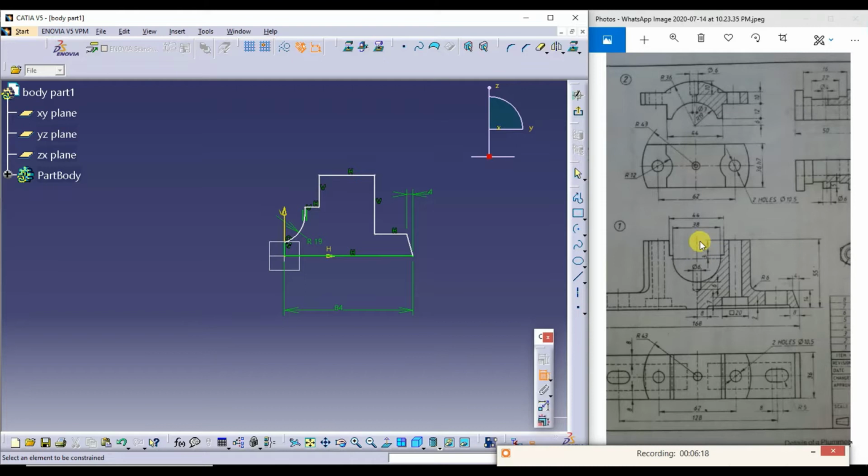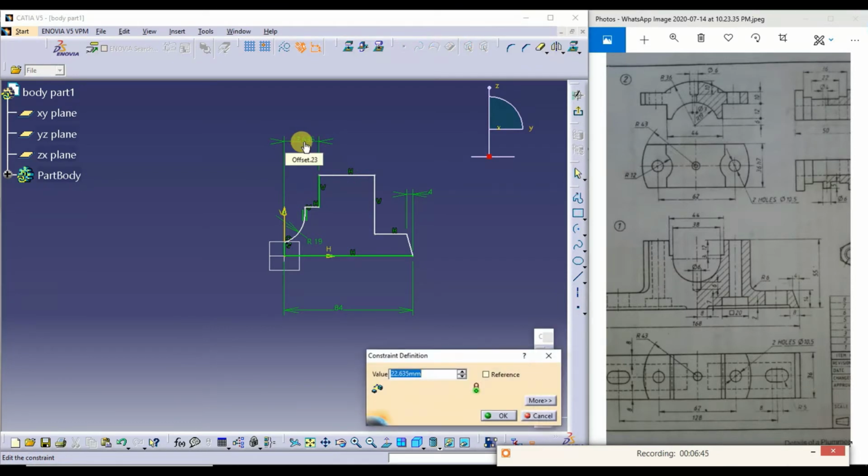See here, half of 38. And next one is here to here, it is half of 44. So from here to here it is half of 44.